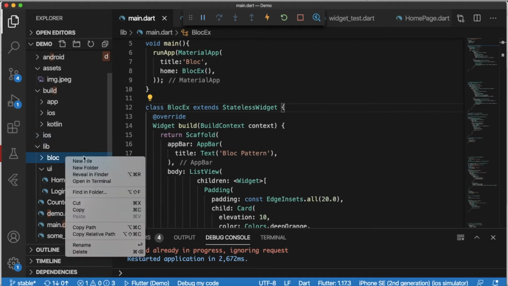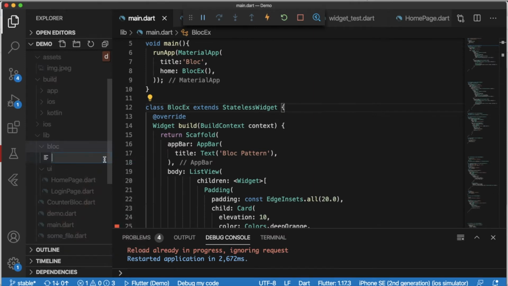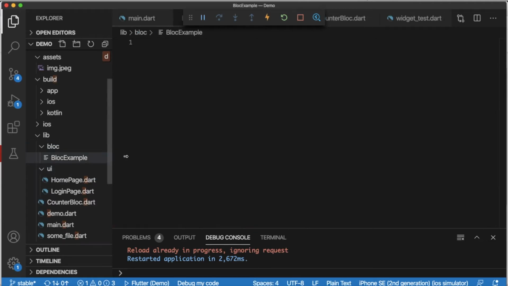In this folder I will create a file with the name bloc example.